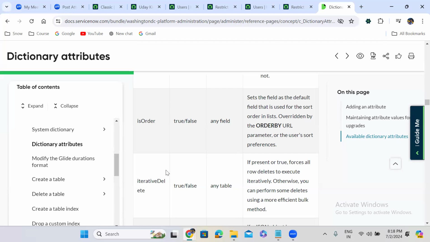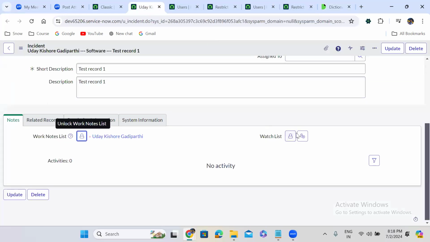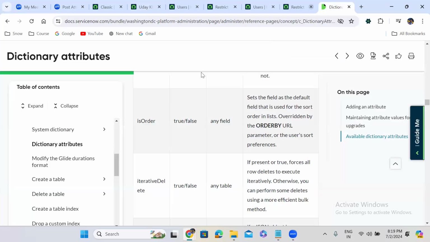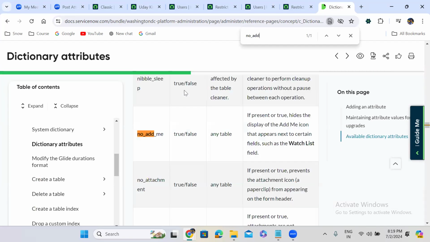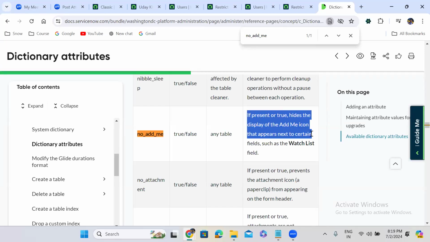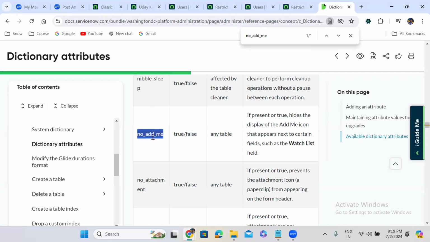Okay. So for our requirement to remove this add me icon, there is an attribute called no add me. So if present or true, hides the display of the add me icon that appears to certain fields such as the watch list field. So if you use this attribute,